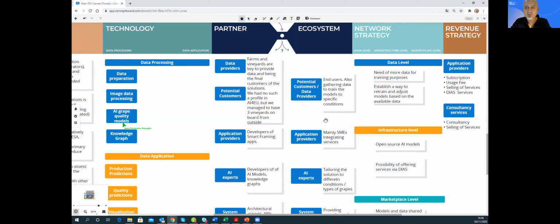Normally these SMEs will be active in smart farming, and they will have some offering already, not precisely about assessing quality, but they probably have customers in this sector. So they would like to improve their own application, their own services, by adding these AI-powered services to assess quality and